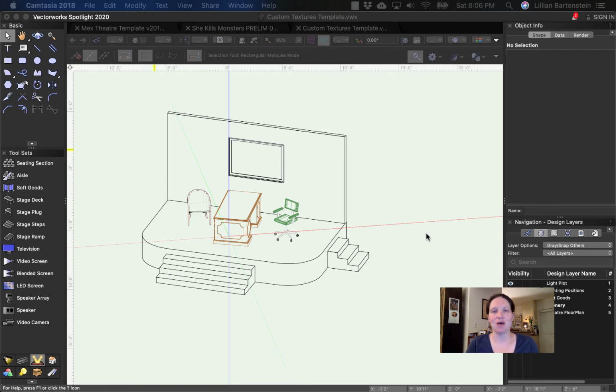Hey friends, I wanted to walk you through prepping a scenic unit for paint elevations that we will then bring back in as a custom texture. We're going to start with the custom textures template that you're going to download off of Blackboard. The project itself is one scenic unit from a set that I worked on, the She Kills Monsters set. You're going to do custom texturing for this floor, the front wrap around, like this facing, and then this upstage